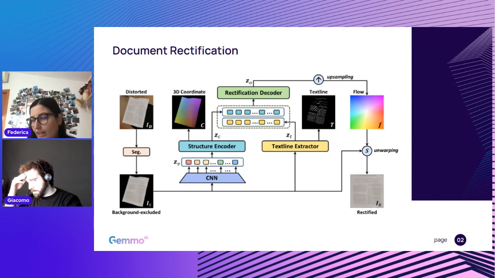Yes, I'm just wondering about the computational complexity, as always, because here we have a pretty complex structure with a transformer and a CNN. So if we are going to use this on a mobile phone, on a smartphone, we will